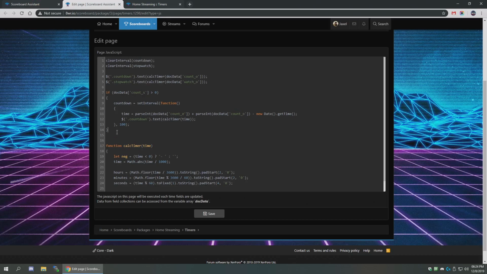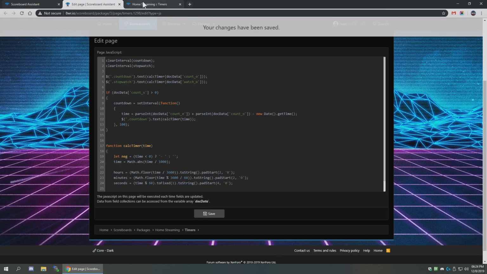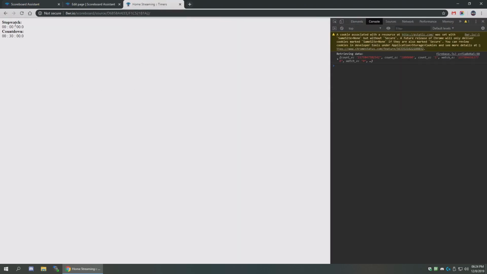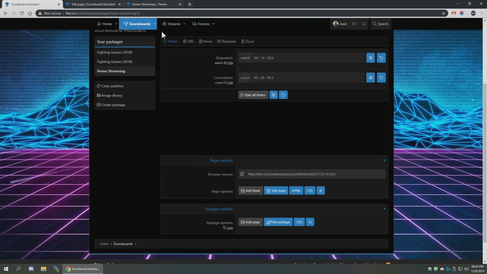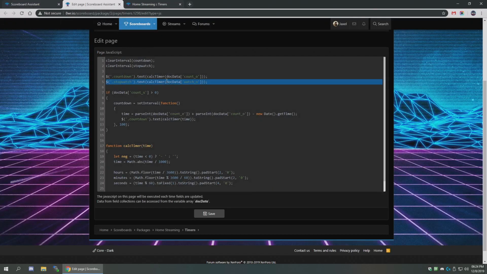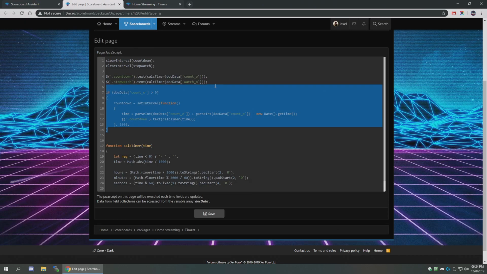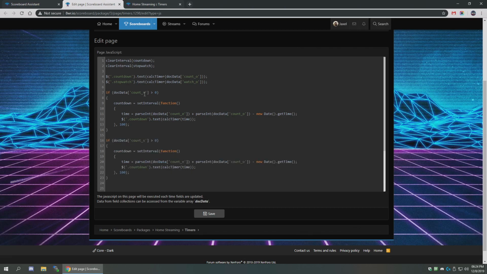And now we need this. If we refresh this, we're going to see that we have the stopwatch, but it hasn't been started because it only has the initialization and no runner. So let's create a new runner for the stopwatch. I'm going to cut and paste the runner we used for the countdown because it is similar. But let's go if watch state greater than 0, stopwatch set interval function,